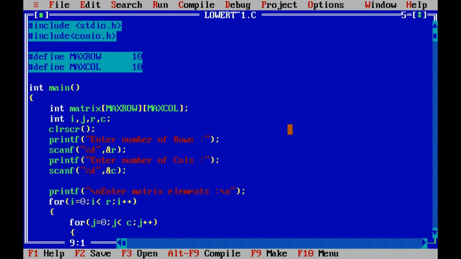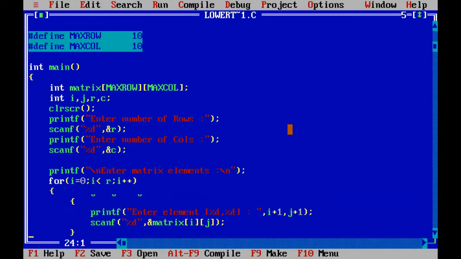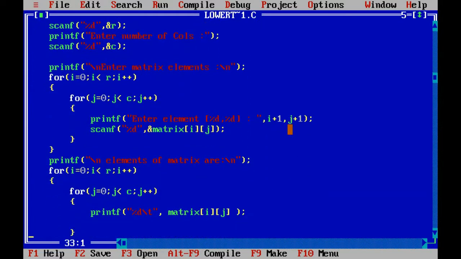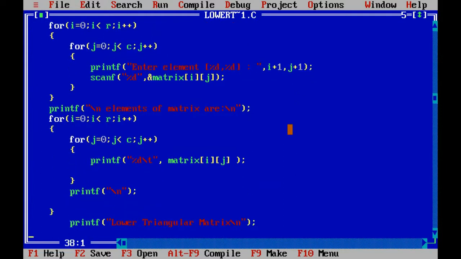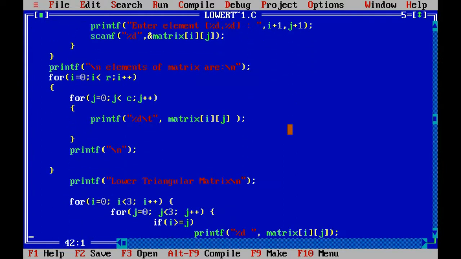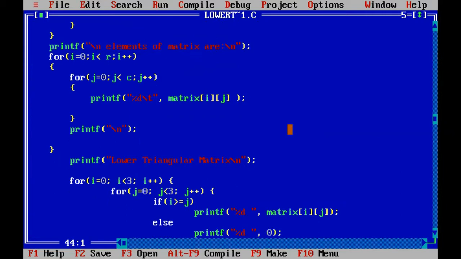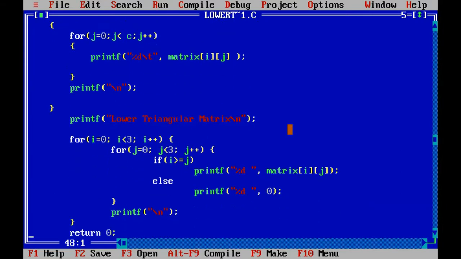Then declaring the matrix with 10 rows and 10 columns. Then ask the user to enter the row value and column value. This two for loop is for entering the elements in the matrix, and this two for loop is for displaying the elements in the matrix. For the lower triangular matrix, we have the logic that the row is always greater than or equal to the column. Otherwise, it will print 0.